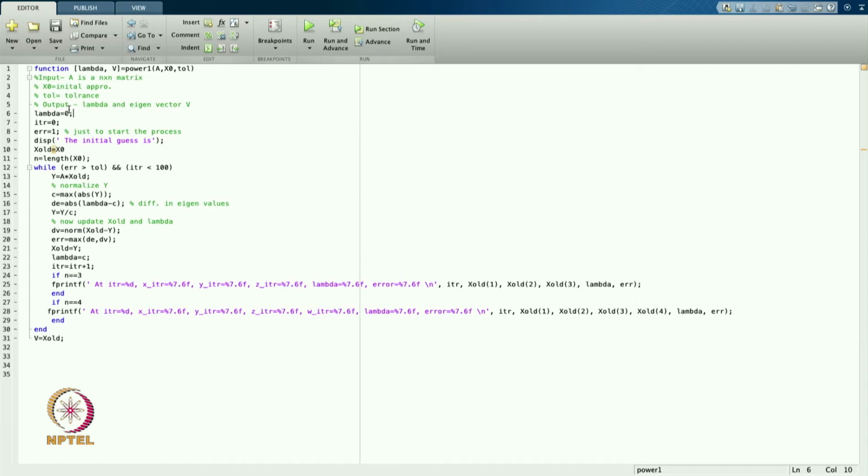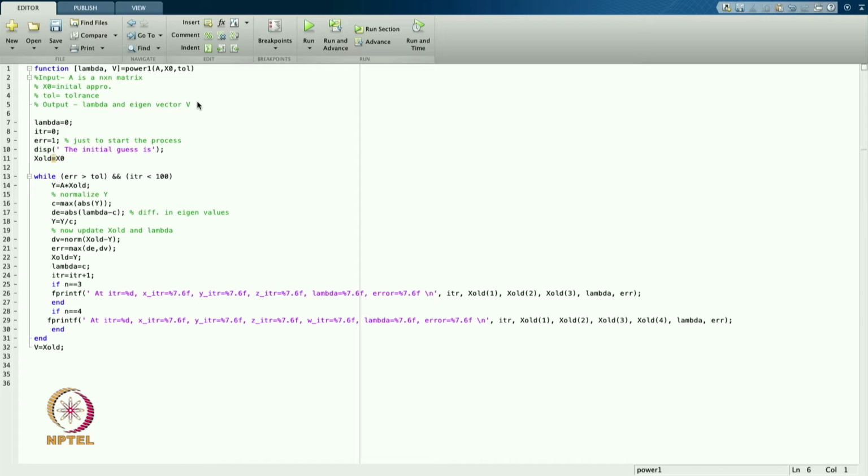Now let us take lambda equal to 0 and then start the iteration. I am starting with 0, and the error 1 I have taken just to start the process. Now I will display the initial guess, x old equal to x naught, which I am passing to this function, so it will be saved in x old. And here I am finding n equal to the length of x naught.